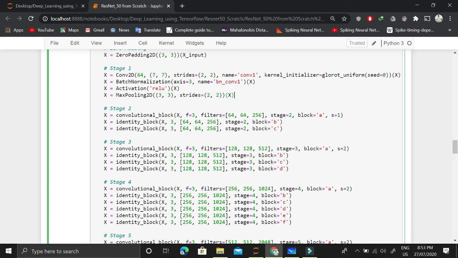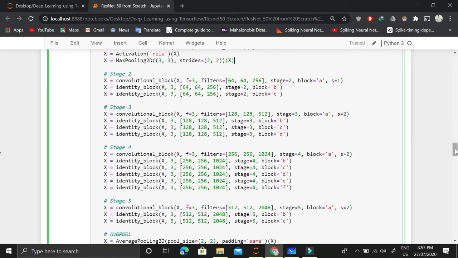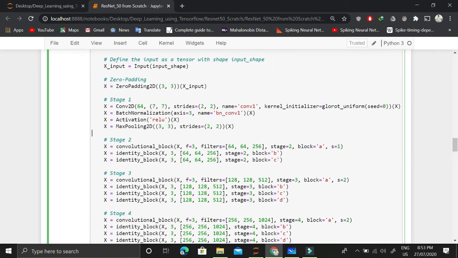All of the parameters, how many filters there are, what the sizes of the different filters are, what the strides are, what kind of pooling and what kind of initializer we are using, all of the details you can see inside this code. If you understand the architecture, then these parameters are widely available, and you can find the different ResNet 50 parameters on the internet. You just have to input those numbers. So these are not the important parts. The important part is understanding and creating this architecture.